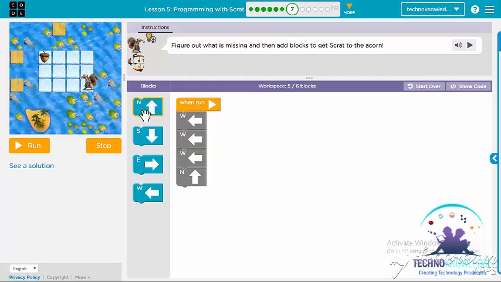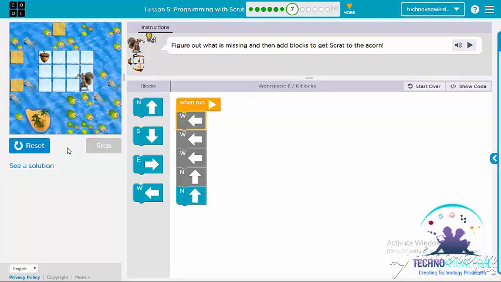What about dragging a north block from the toolbox and then snapping it on? This must take him to the acorn. And remember, you cannot...